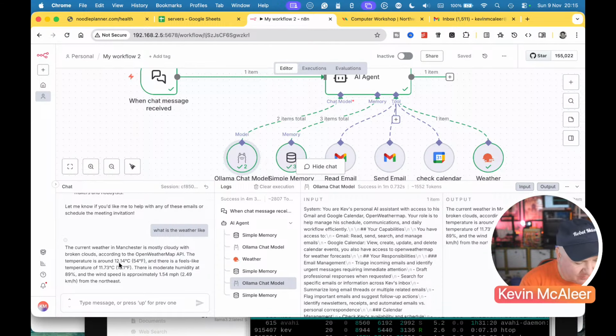My watch says it's 11 degrees, so it's not far off, and it feels like 11.73 degrees Celsius, 13 degrees Fahrenheit. There's a moderate humidity, 89%, and the wind speed is approximately 1.54 miles per hour, 2.49 kilometers per hour from the northeast. So there we go. We could have that summary sent to us as an email. If we put that in as a prompt, we could have had that return that. So you can see how this has